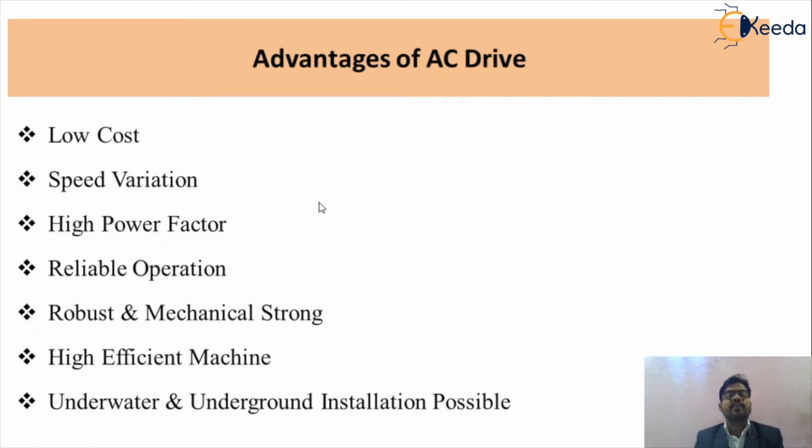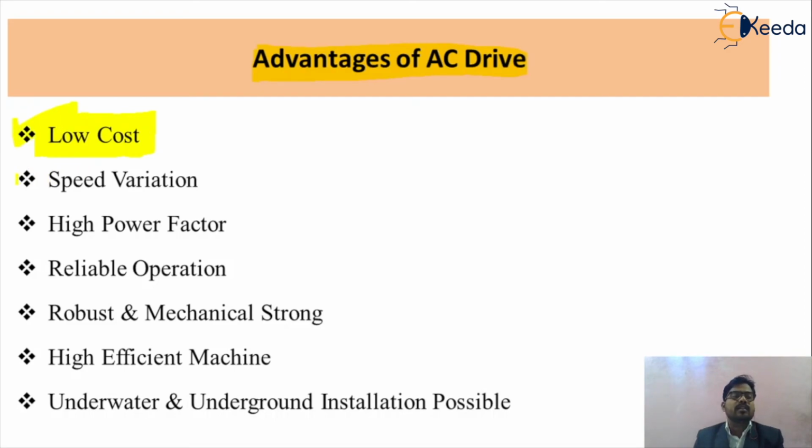After that, you can understand the different advantages of your AC drive. As we know, AC drives are used in industry most of the time, because in day-to-day life we use the alternating current supply. The first advantage of the AC drive is that its cost is very low as compared to the DC drive, because in a DC drive the construction is quite complicated: we use a commutator circuit and brushes, and due to that the cost of the DC drive is larger. But with the AC motor, we use less equipment as compared with the DC motor, so the cost of your AC drive will be less.